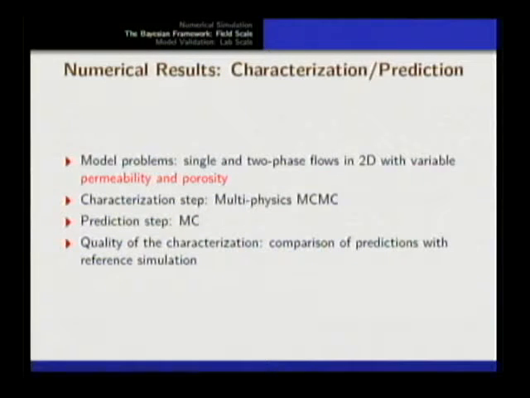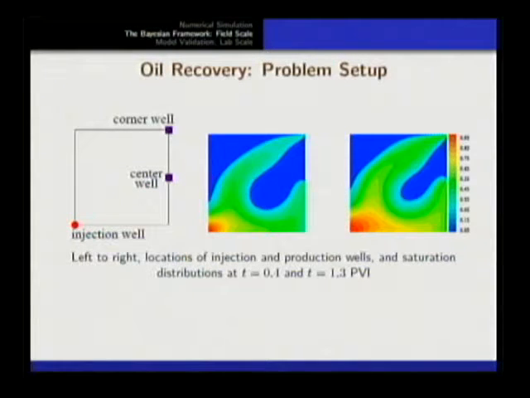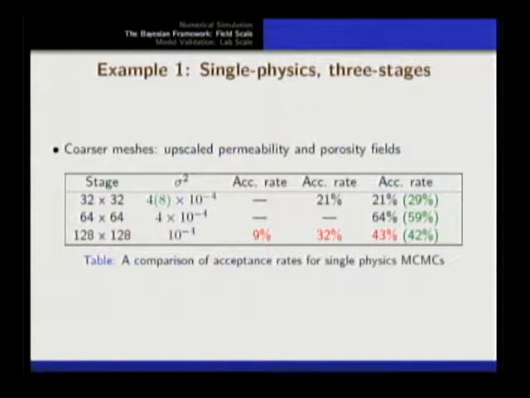Let me give you a few results to indicate how this type of method works together, the simulation strategy plus UQ. This is a noise recovery problem. I have data at two locations, a corner and a center well. This is the typical profile that we see as we inject water on the bottom left and produce oil at the top corner and center wells. If I use, in this case, single physics, 3 stages, just a plain Metropolis-Hastings algorithm, we get an acceptance of 9%.